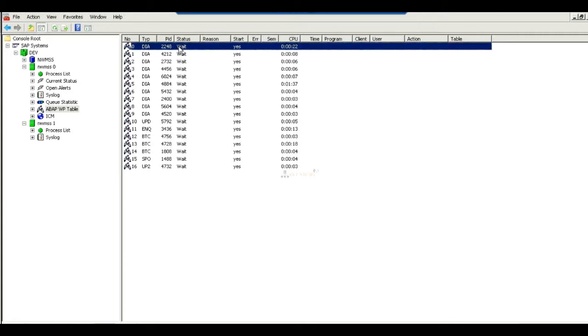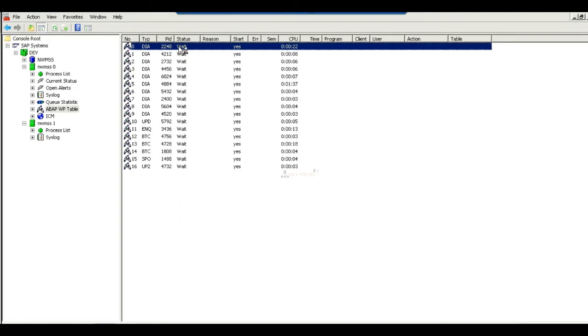Status. Wait. What is the meaning of wait? It means the work processes are free now, ready to use, ready to accept user requests. Correct? If any user request has been assigned, then it will be active or running.